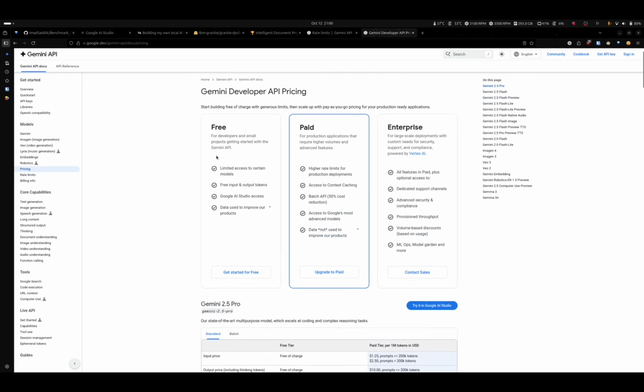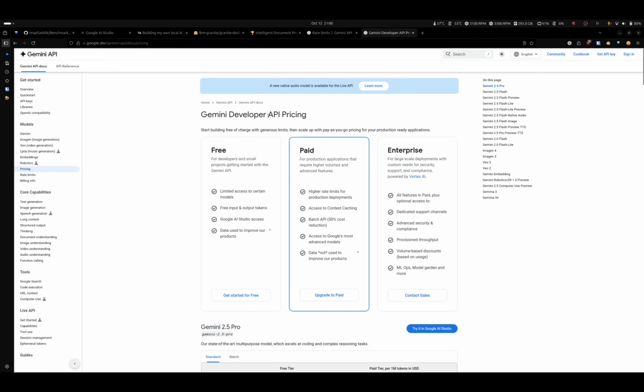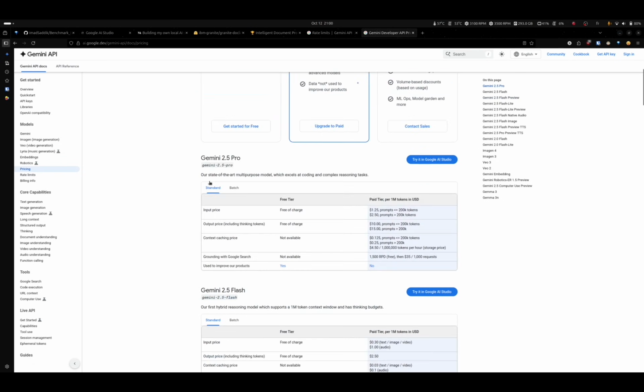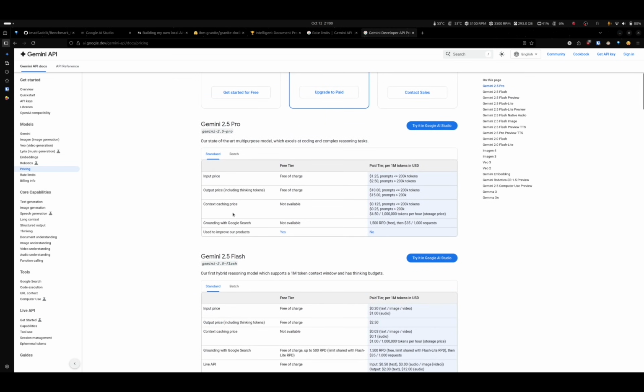So this is another page that I will link in the video description. It talks about API pricing. Here in Gemini 2.5 Pro or the other ones, this is similar. Here, if you use the free tier, the documents or all your conversations will be used to improve Google's products. But if you go to the paid tier, they will not use your data to train the models. So if you are using the company's data and you don't want Google to use those documents to train their products, then make sure to use